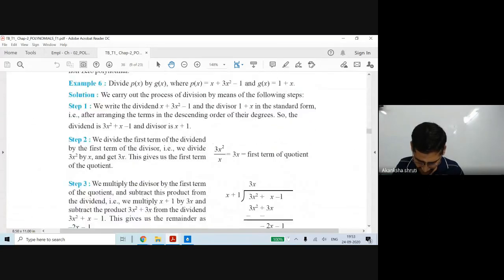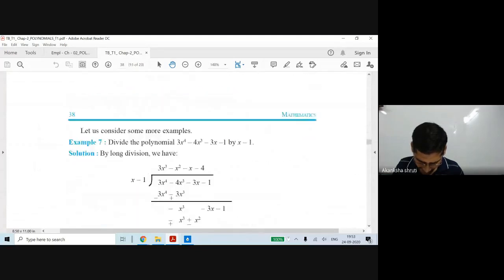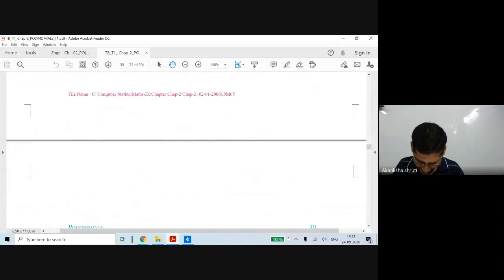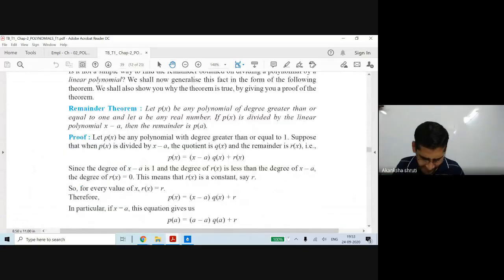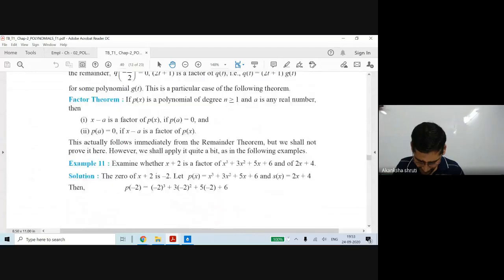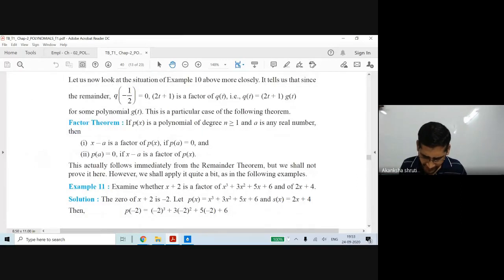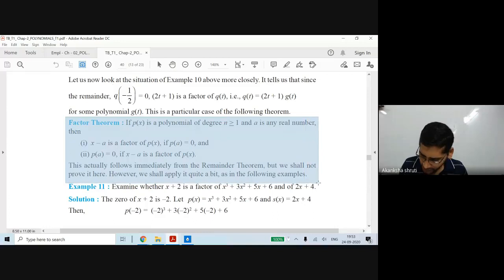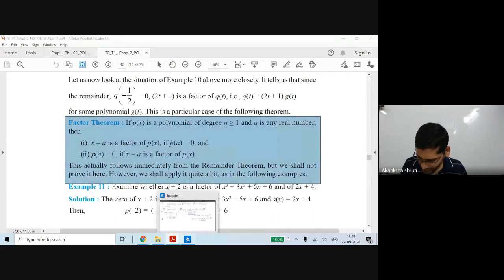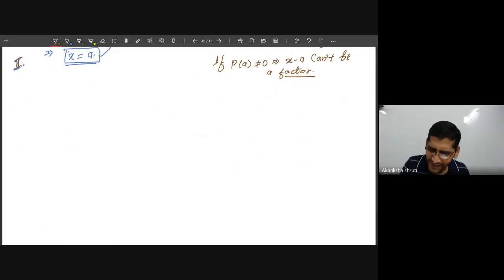Where is your factor theorem? It is our remainder theorem. How to get the remainder? Yes, students, first I am telling you the factor theorem. So students, see, it is our factor theorem. In your book, whatever I have explained with so much emphasis is written in a compact fashion.